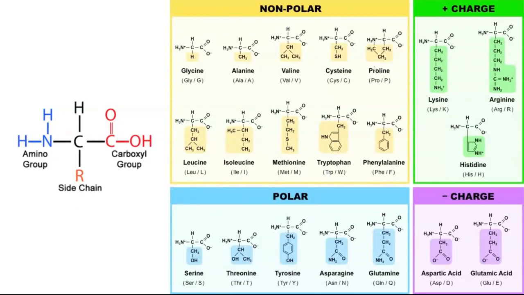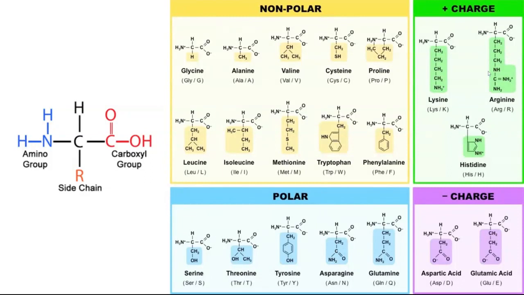So the non-polar will not mix with water. They are hydrophobic, such as glycine, alanine, valine, cysteine. All of these, tryptophan, they are hydrophobic. They are non-polar. So if this is in your long chain, it's going to fold inward. These are polar, meaning that they're perfectly fine being close to water, and so these will normally fold to the outside. Serine, tyrosine, glutamine, these are going to fold to the outside. You might notice some of these are familiar. They do have different jobs within your body besides just building proteins, but amino acids' main function is to build